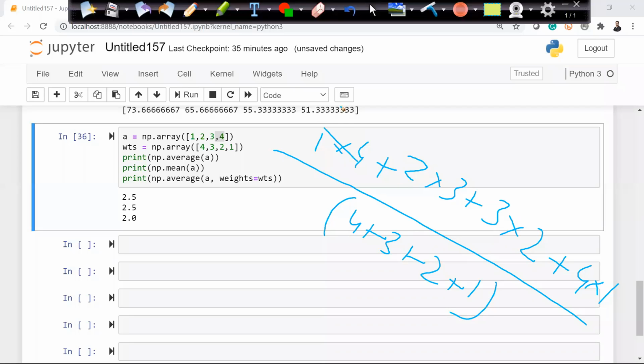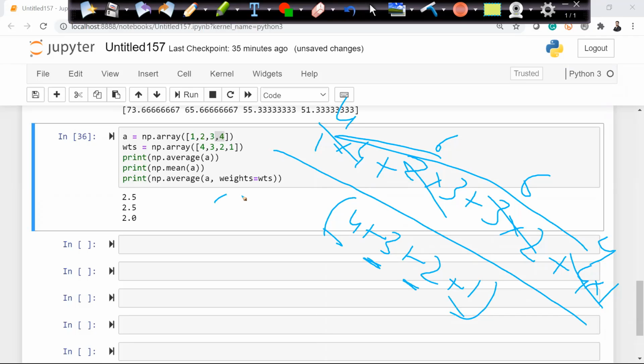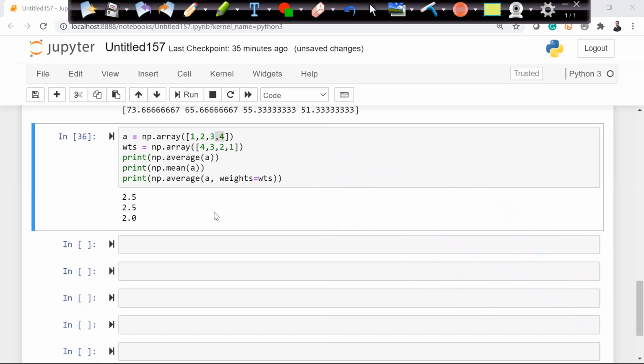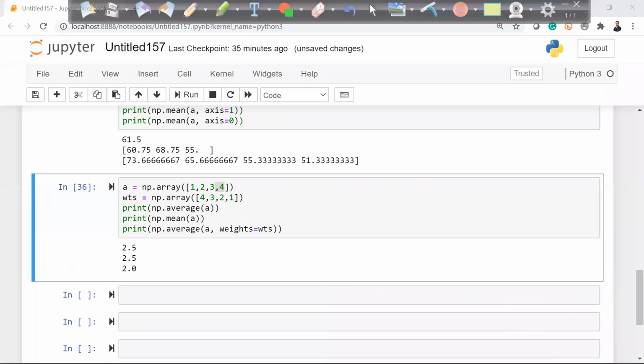So 4 into 1 is 4, 2 into 3 is 6, 3 into 2 is 6, and this is again 4. So that is 20, and 4 plus 3 plus 2 plus 1 is 10. So 20 by 10 comes out to be 2.0. Right, so that is what my weighted average is, which can be calculated using the average function.